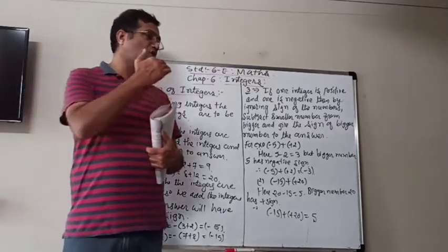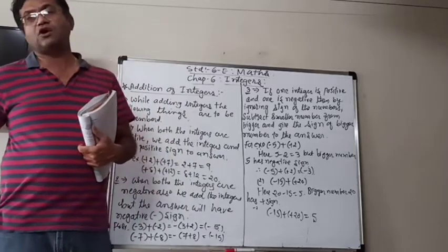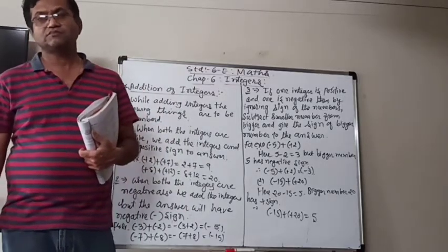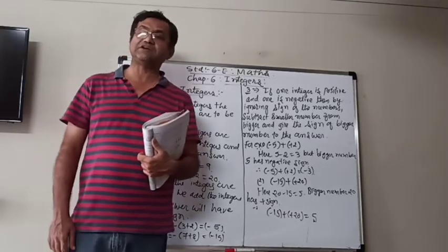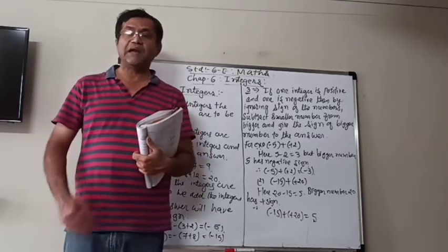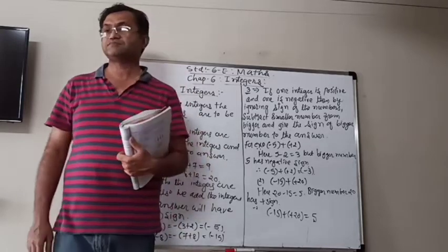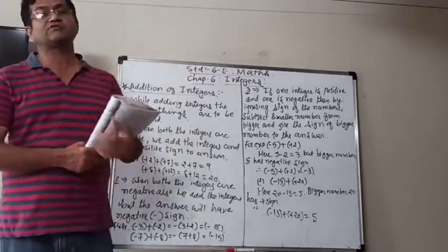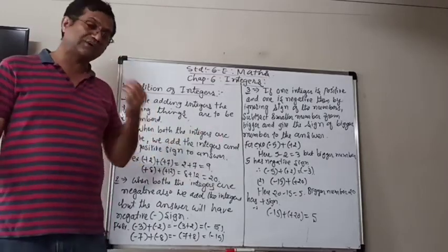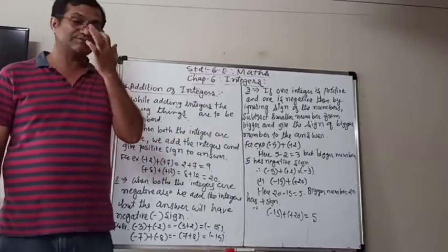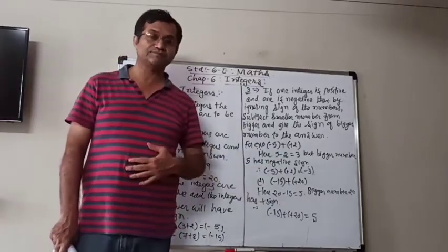Also we know that all the positive integers are on the right side of 0 on the number line, and negative integers are on the left side of the 0. And as we move on the right side, the value of the integers is increasing, and as we move towards left, the value of the integers is decreasing.